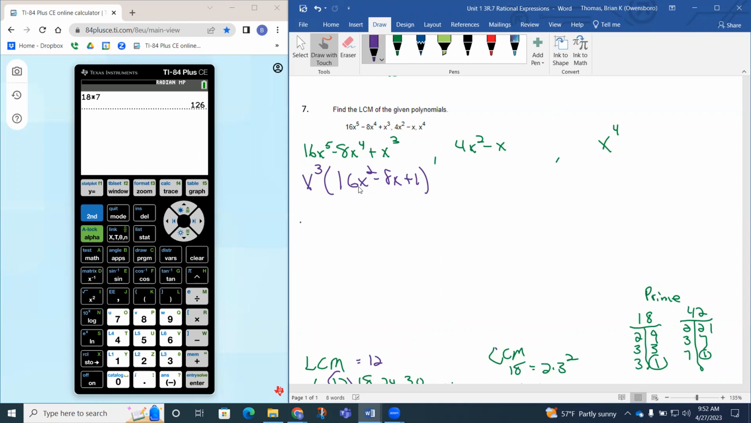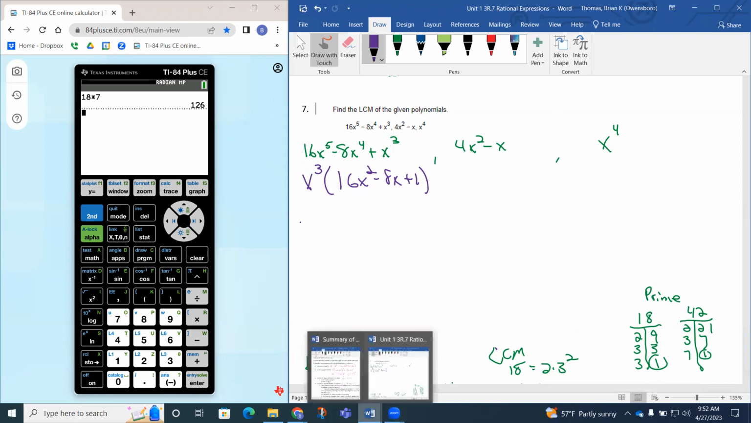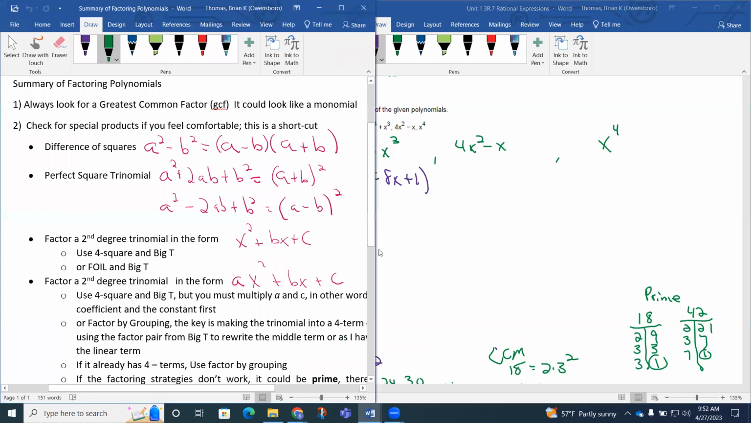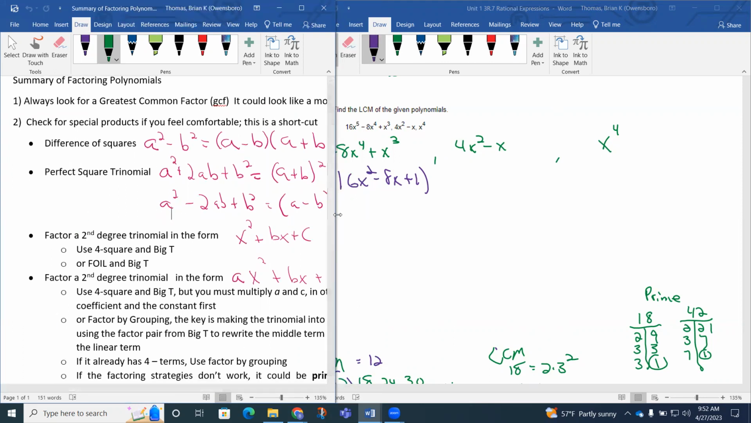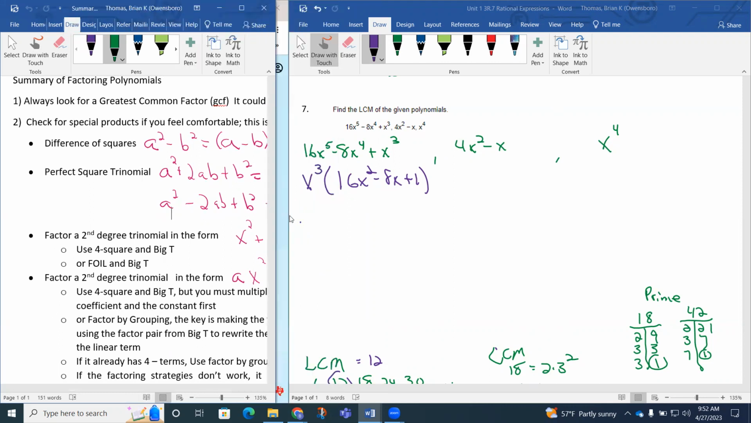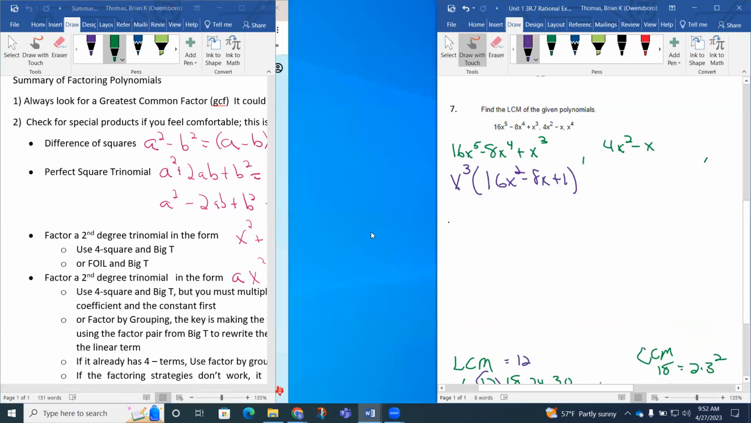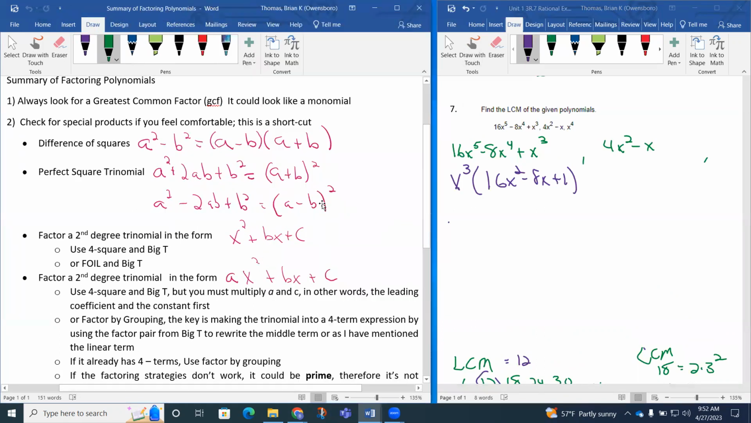So what I'm picking up on is this 16x squared is a perfect square. So what if I still got my little shortcut here? If I look at this formula sheet, this little strategy sheet, if you will, let me see if we can move some stuff around a little bit here. Get this over a little bit. Notice we pulled out the GCF already, but when it comes to a perfect square trinomial,